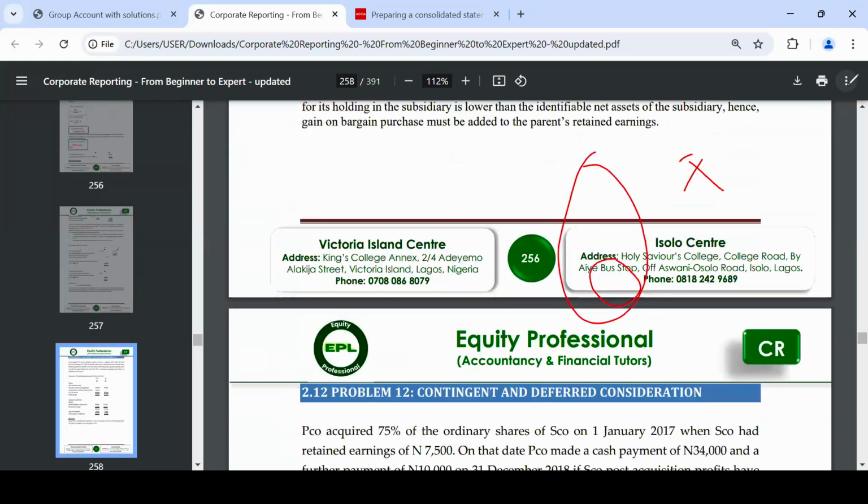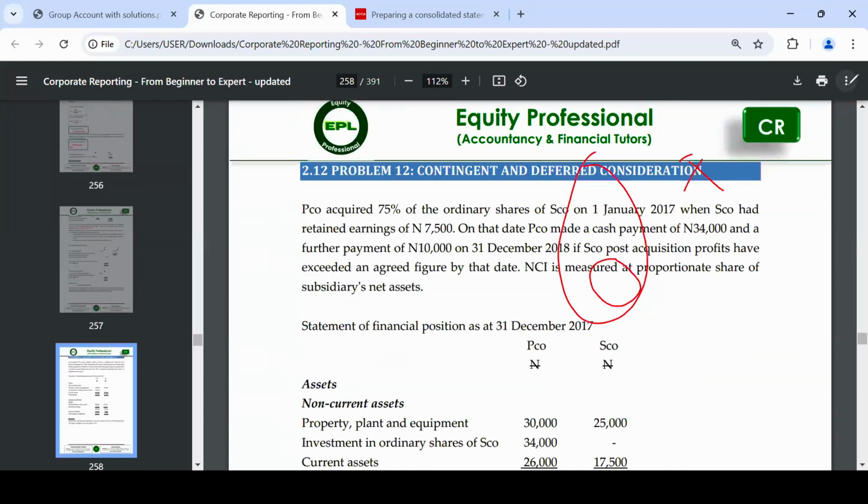Now let's move on to something else. We have a case here. We're just picking these things to remind us of those things we have learned. Okay. Now, what if the consideration is not only cash? Consideration may also be a deferred or contingent consideration. Now, where this is the case, what is expected of us